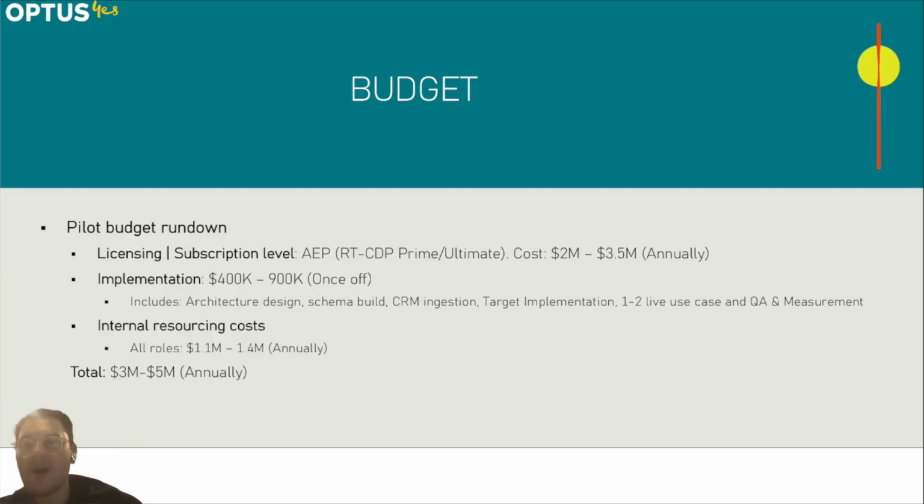Budget. So the pilot budget rundown. So the biggest cost, licensing. So subscription level AEP, RT-CDP Prime Ultimate cost $2 million to $3.5 million annually. So the factors that increase the cost include real-time streaming ingestion, large behavioral data sets, multi-channel activation, advanced governance modules, various